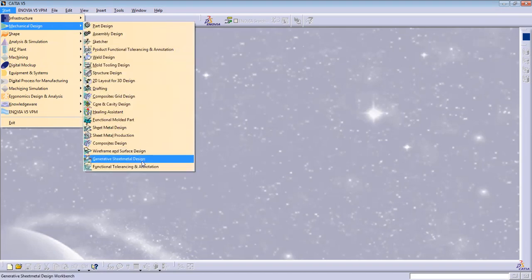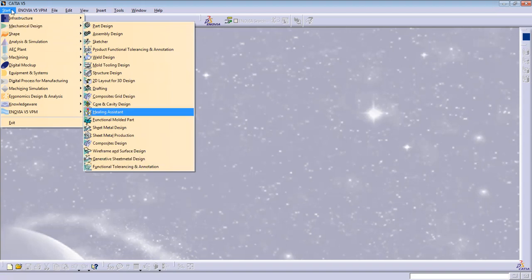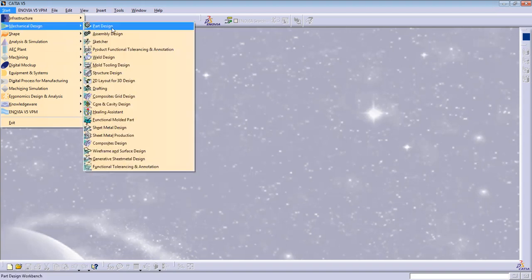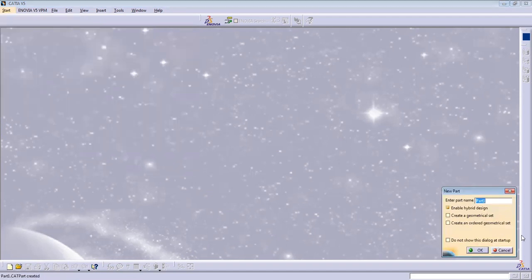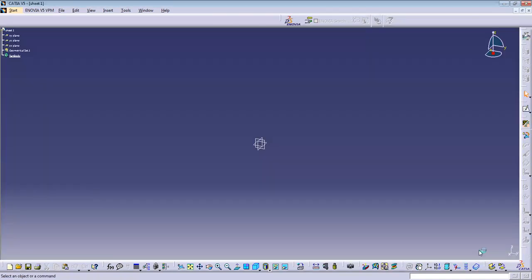And yes, you can see that in the CATIA workbench, go to Start, find Mechanical Design, and look for Generative Sheetmetal Design. Okay, so I'm naming it Sheet1. It will redirect us to the sheet metal workbench. Here you can see multiple options which are hidden. Why are these hidden? Because